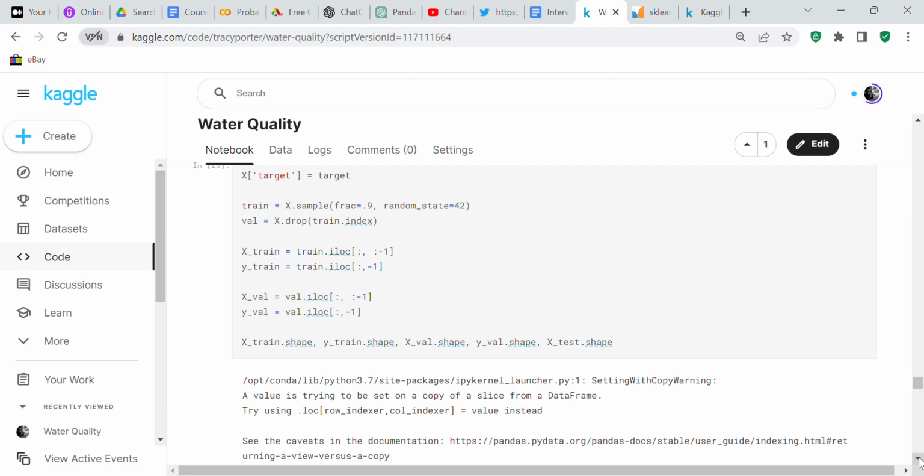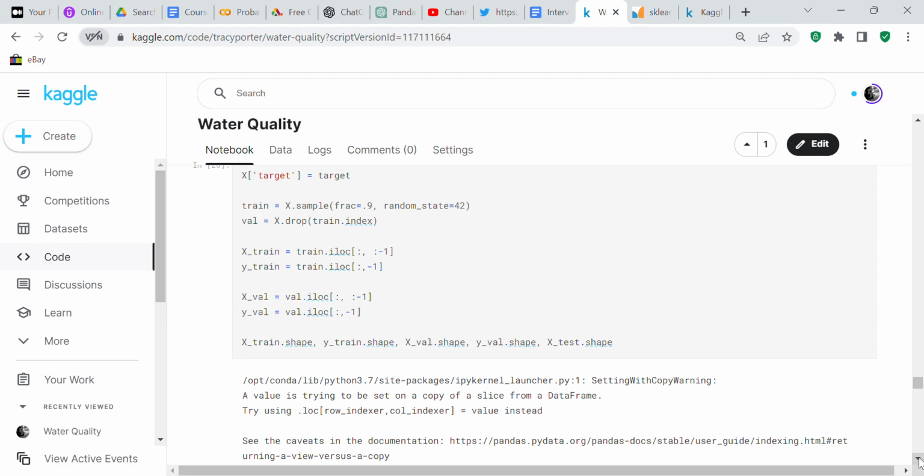Train equals x.sample, frac equals 0.9, random state equals 42, val equals x.drop(train.index), x_train equals train.iloc[:, :-1], y_train equals train.iloc[:, -1]. And then val is done exactly the same way as train was done.